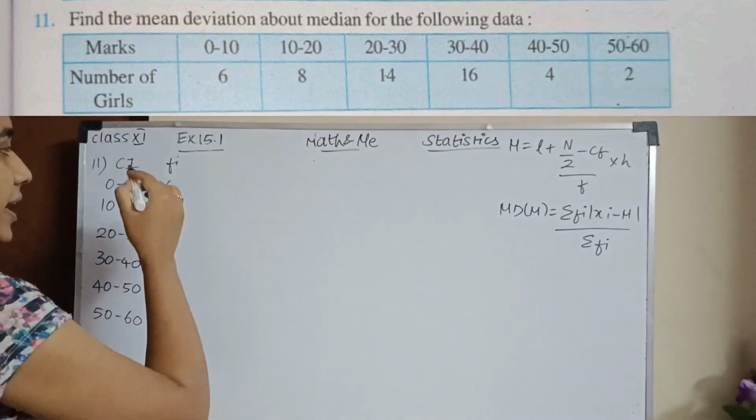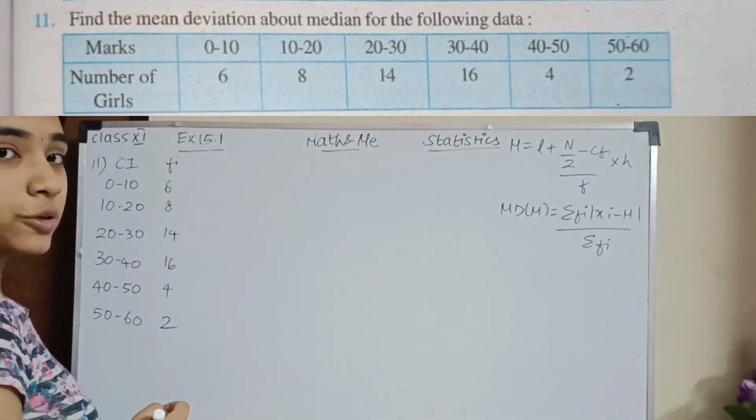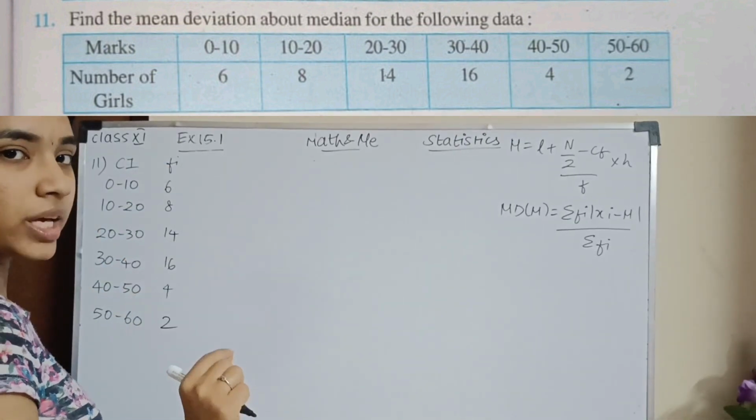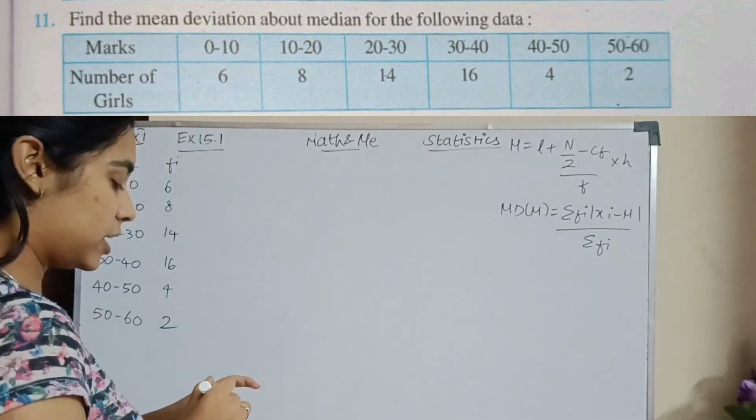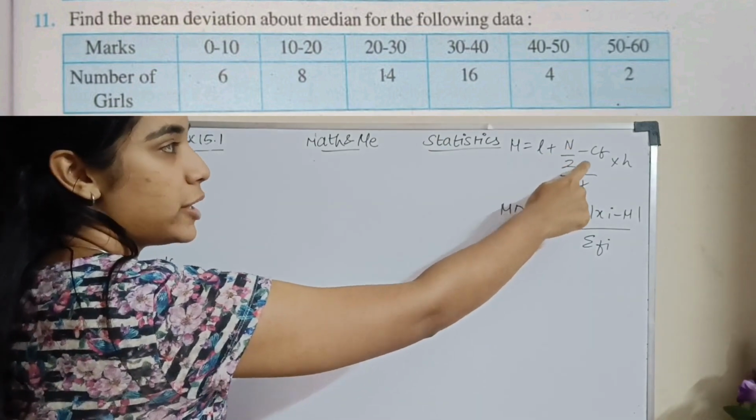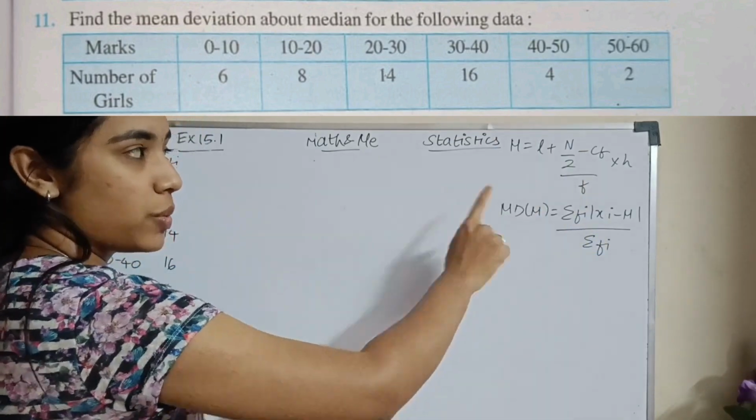Question number 11. I have my class intervals and the frequencies. Now I need to find my mean deviation about my median. Okay. So median, this is the formula that we learned. Median equals L plus n by 2 minus CF divided by F into H,